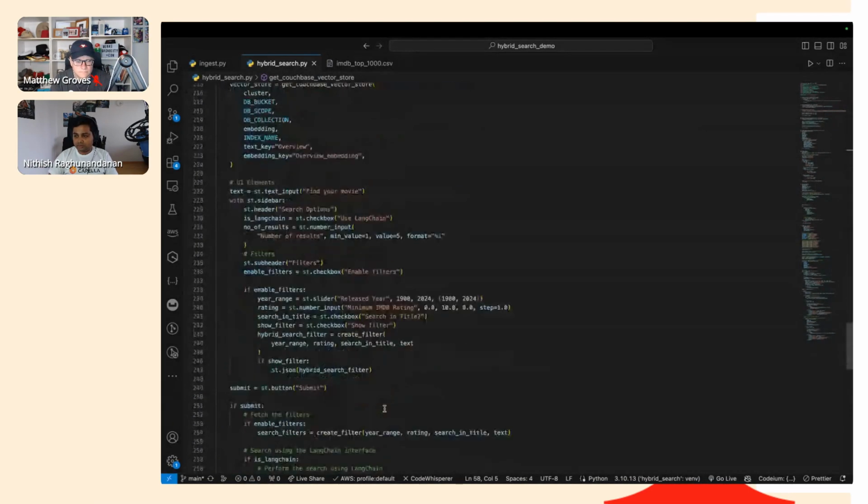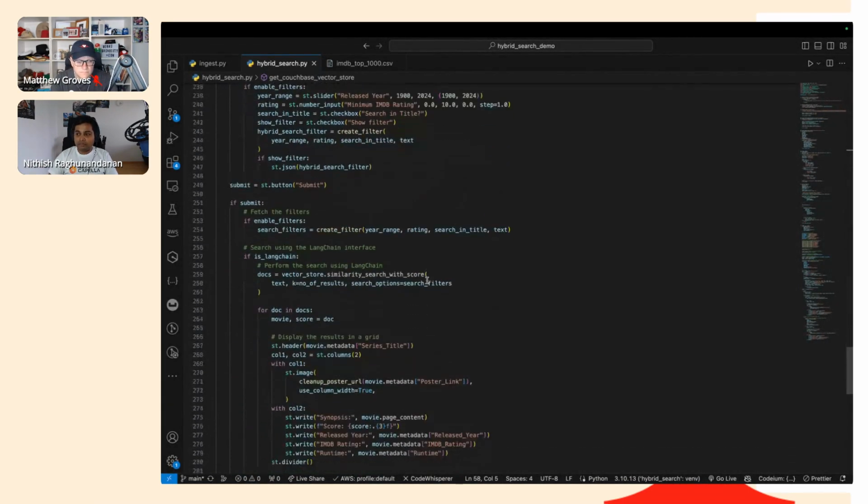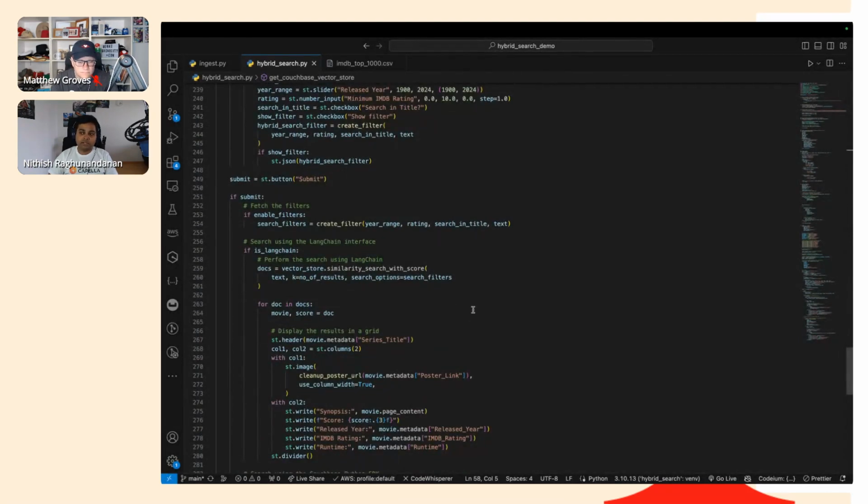And yeah, so essentially you have this interface where you can do similarity search with score. There are other things too, like similarity search without score, and you can specify vectors and a lot more. So you provide the text, in this case your search string, and it takes care of converting the text into embeddings internally. You have the number of results that you want, and you can also specify some filters. These filters are actually used for hybrid search, but we are not going into it right now.